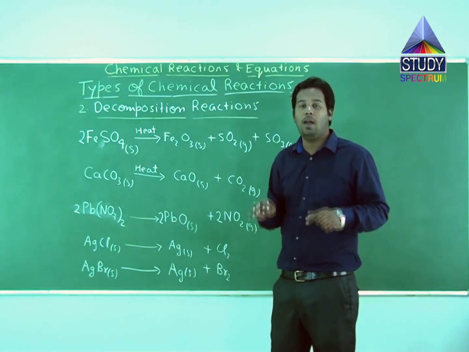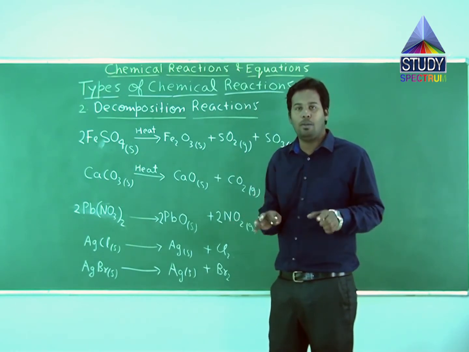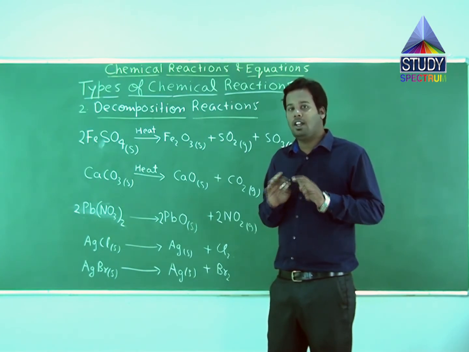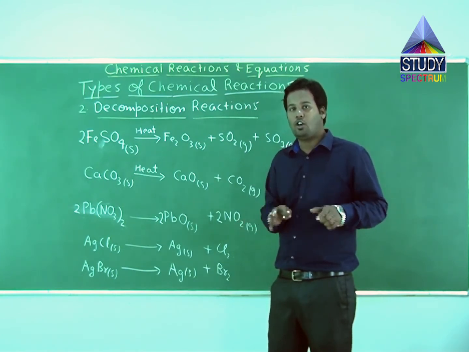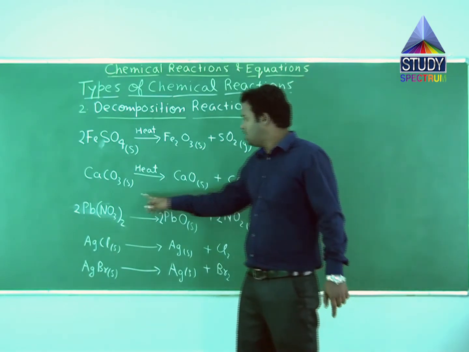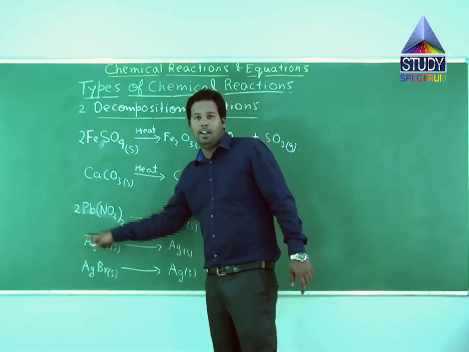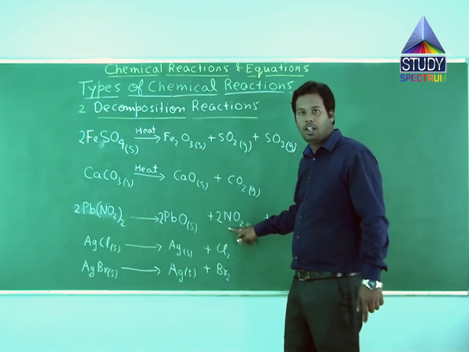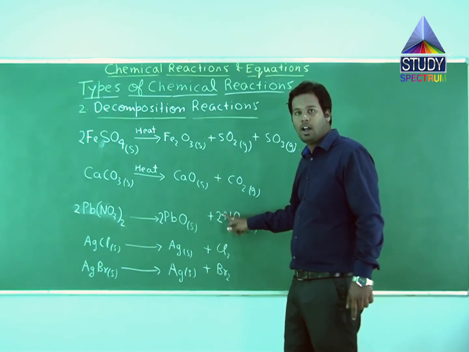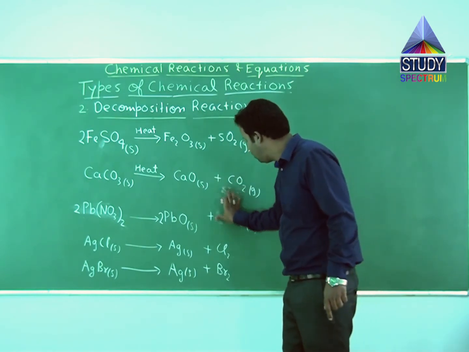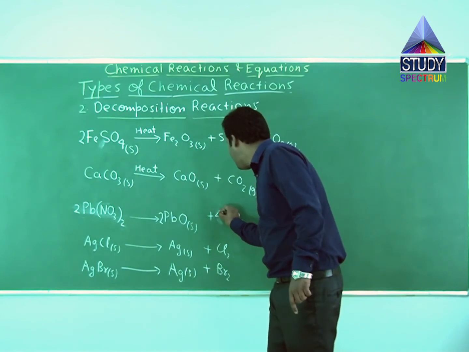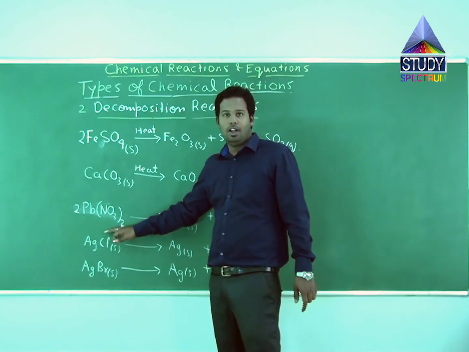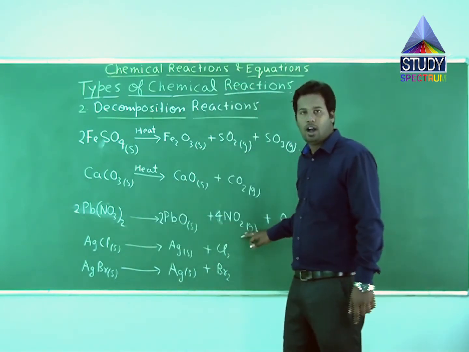Since I am bound, I am constrained, I cannot change the suffix. Do remember, I have explained it many times. You are bound, you are constrained, you cannot change the suffix, you can only change the stoichiometric coefficient. But since now I have 4 nitrogen atoms in LHS and 2 nitrogen atoms in RHS, and the middle product only contains nitrogen, I have to remove this 2 and place 4 over here in order to balance nitrogen atoms. Now nitrogen is 4 in LHS, and 4 in RHS also.